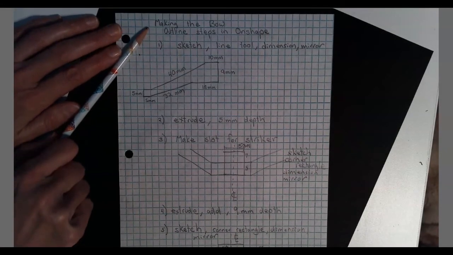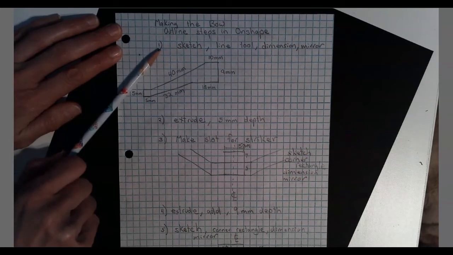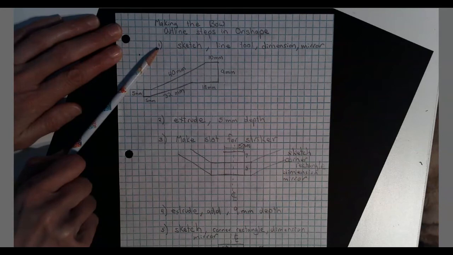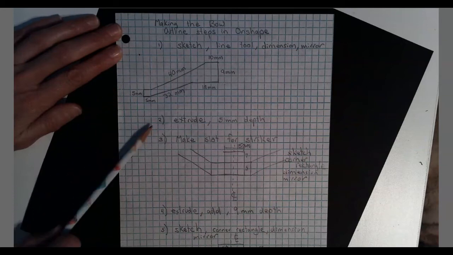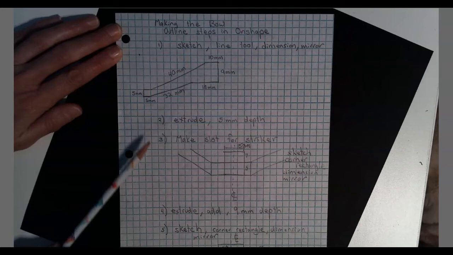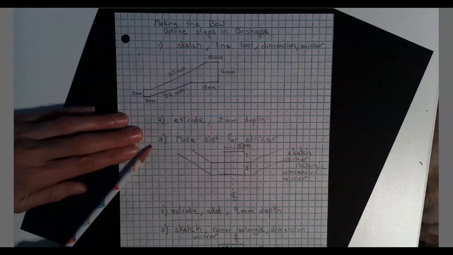Here's an outline for the steps in Onshape to make the bow part of the marble launcher. Begin with a sketch, and you'll use the line tool to draw half the bow, give it dimensions, and mirror. Extrude 5 millimeters depth. Next, you need to add material to make the slot for the striker to pass through